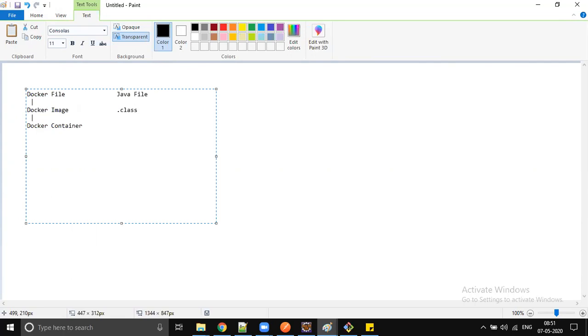By using one .class file, how many objects can you create? Any number. The same concept is applicable for Docker also.